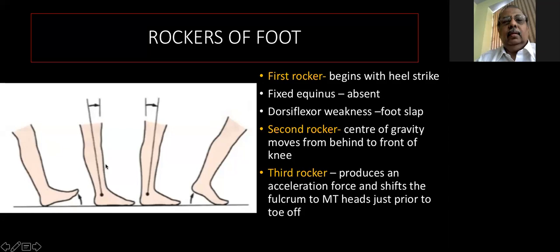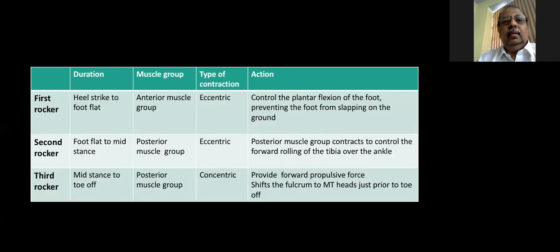So the second rocker can be affected in crouch gait. And third, what is happening is the heel is going up during heel off and toe off. So it produces an acceleration force and shifts the fulcrum to the metatarsal head prior to toe off. If you divide these into the first rocker, the second rocker, and the third rocker, the first rocker duration is